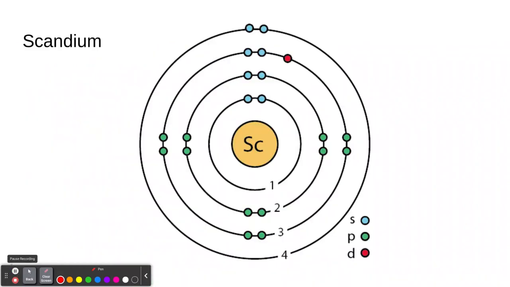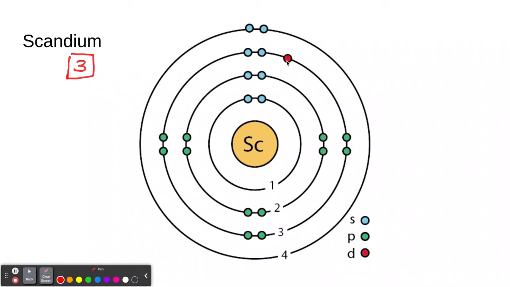Now, if you look at scandium's last orbital, its last energy level, you see two s subshells, and you would think that scandium's valence is 2. There's actually 3. Let me explain why. So it's 3. 3 is the valence electrons for scandium, because in simple terms, you have to include the